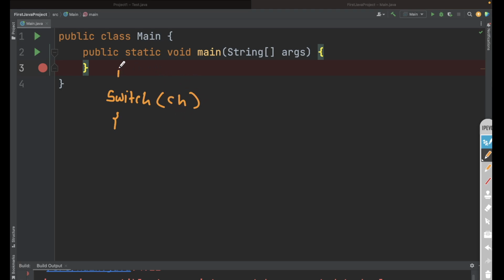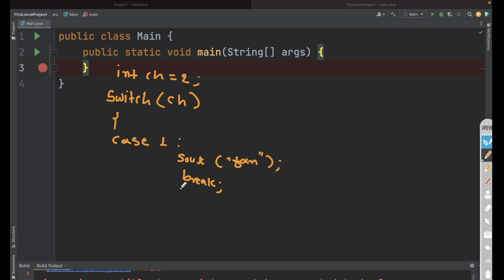Let's suppose you take one variable, maybe int choice, and if you write it as 1 or 2, then this is the switch case. After that we will have different cases. So let's suppose I have case 1. Let's assume that case 1 means the first button of your switch. If you press the first button, then maybe your fan will get started. So here I will just print fan. And then you have to break.